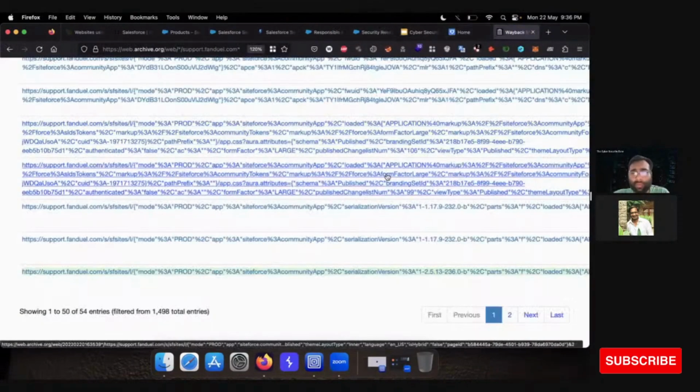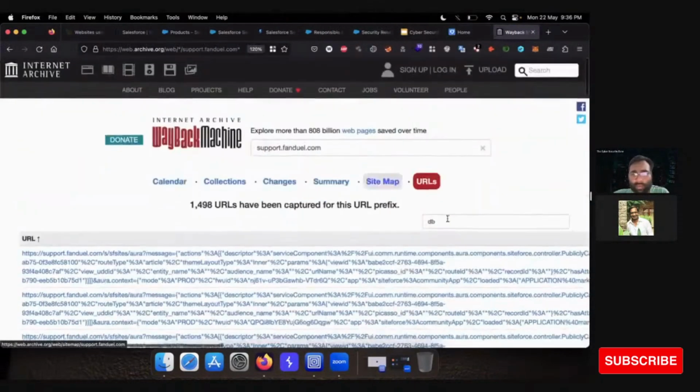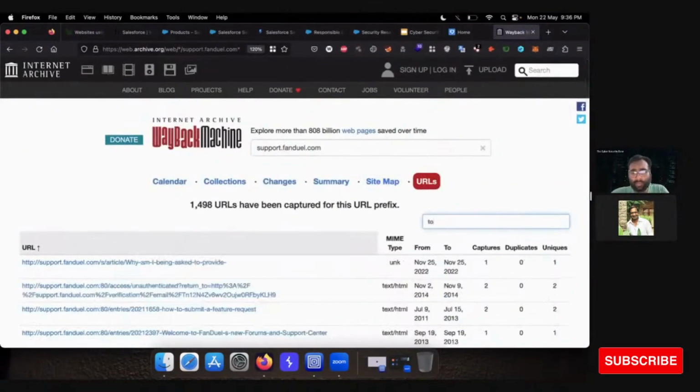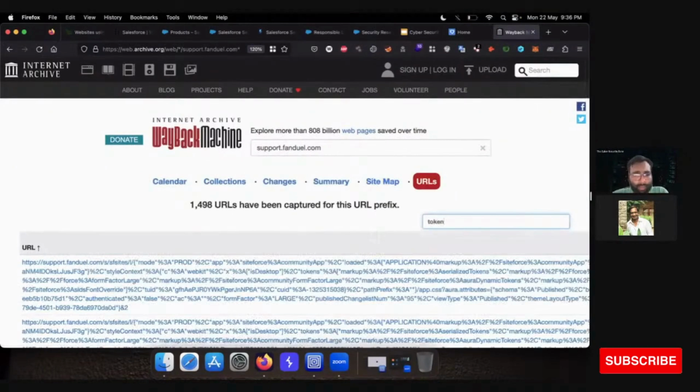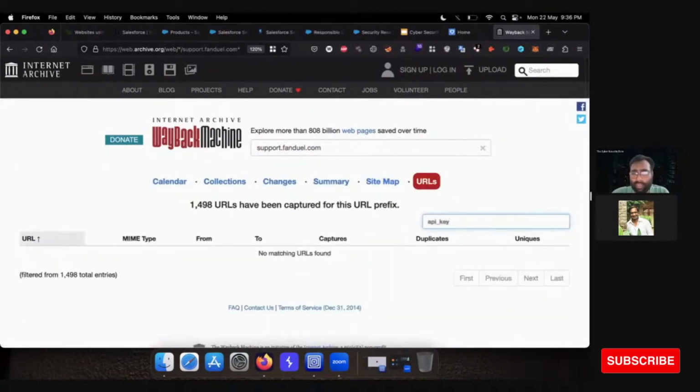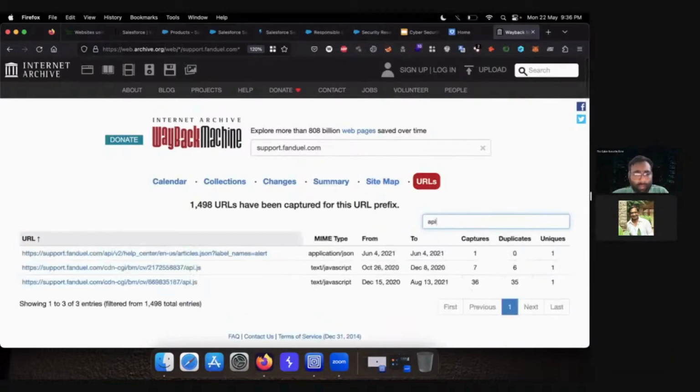Blank page. We don't have any URL that contains sensitive information. Let's look for a token. We don't have any token. Let's look for an API key, not just API.